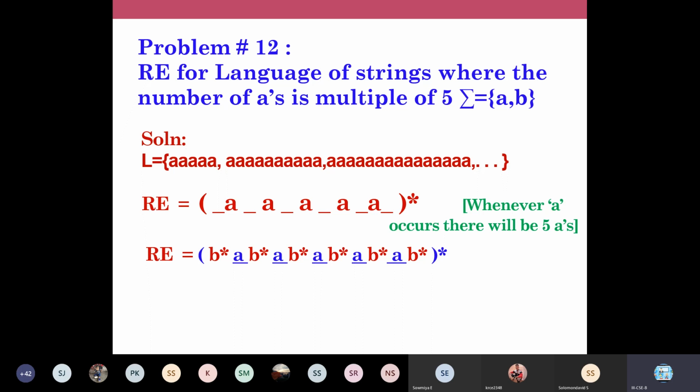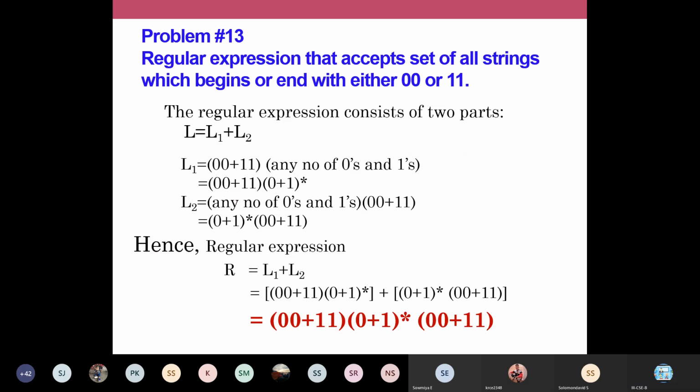So now I think you are confident. So even if the symbols change, you can write it, is it not? Even if it is for a multiple of 3 or a multiple of 4, you are going to follow the same logic. It might be with either the input alphabet A, B or 0, 1, just apply this logic. Just see what that multiple is and apply that. That star gives you the repetition. So this will be the last problem of this pattern.